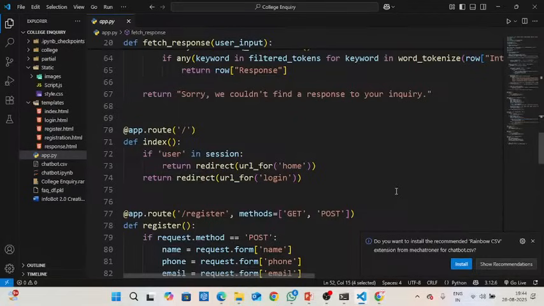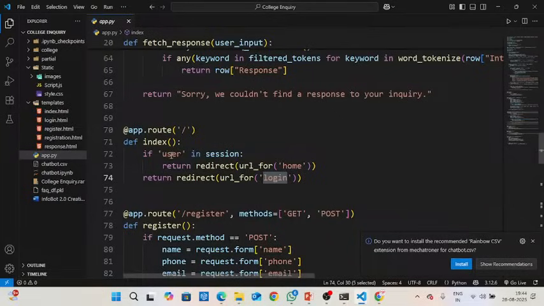That means I want to implement this with the front end. Before I connect the back end, I declared everything, all the functionalities you need to perform. Now I want to render the template. At which time, which template needs to be shown or displayed. First, you need to display the login page.